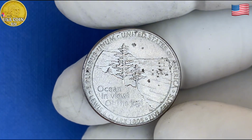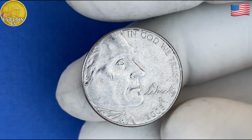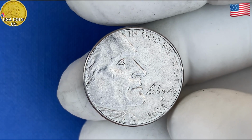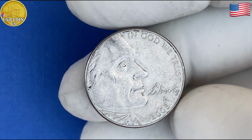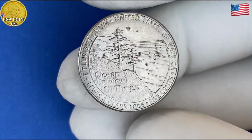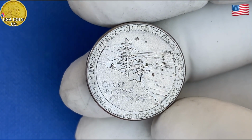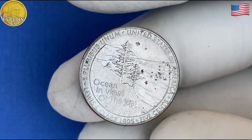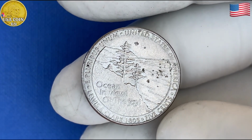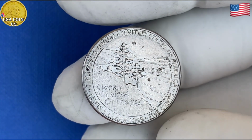How much could your 2005 Jefferson nickel be worth? While the majority of these coins are worth just 5 cents, some versions of the 2005 nickel, especially those in exceptional condition or with minting errors, can be worth quite a lot more. Depending on its condition and the rarity of any minting errors, a 2005 Jefferson nickel can sell for thousands of dollars. But hold on to your seats, because there have been cases where a 2005 Jefferson nickel, especially one with an error or in pristine condition, has been sold for as much as $24,000. Yes, you heard that correctly,